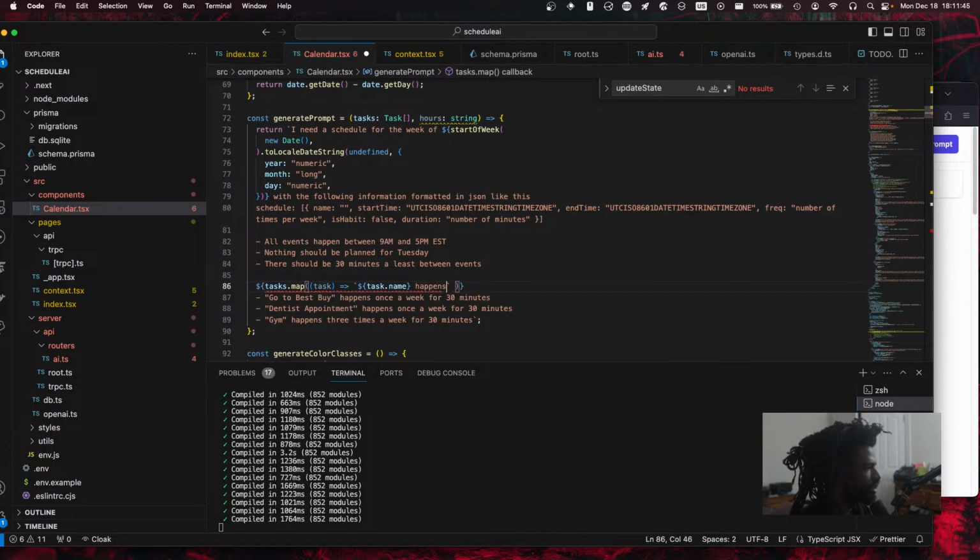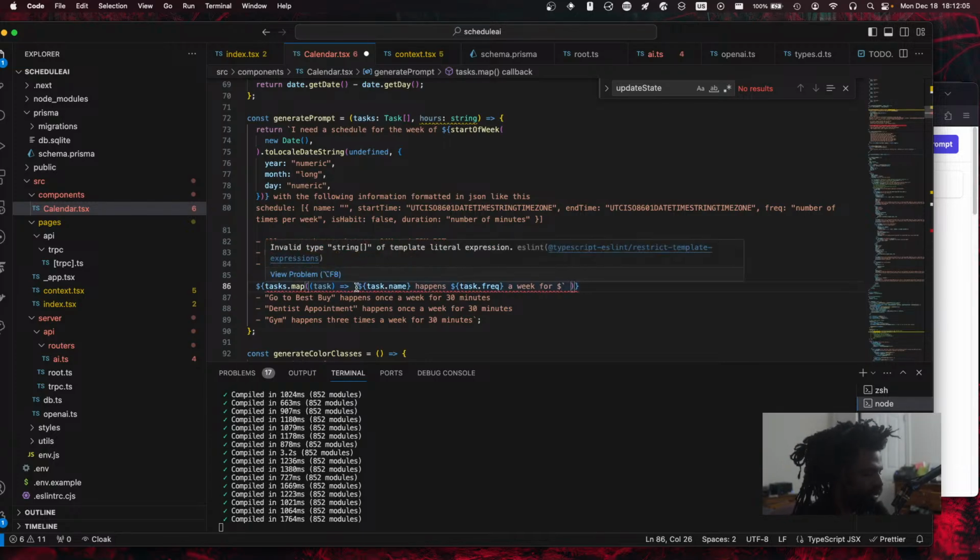Happens. Task frequency a week for, we're going to have to put this here for